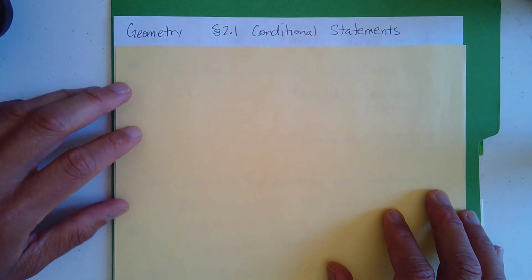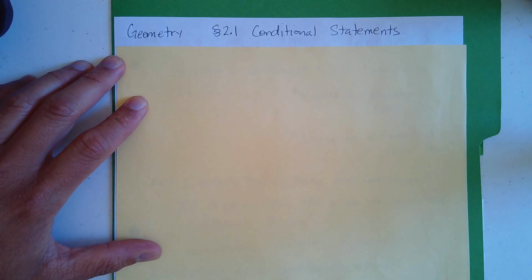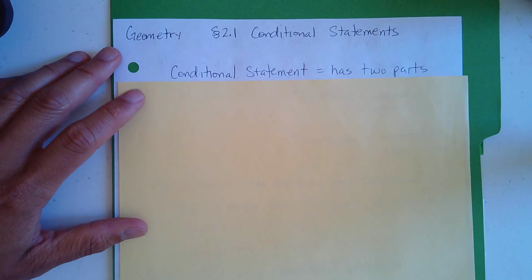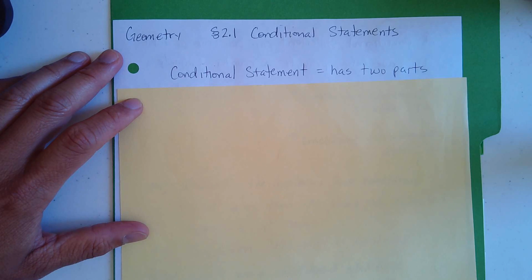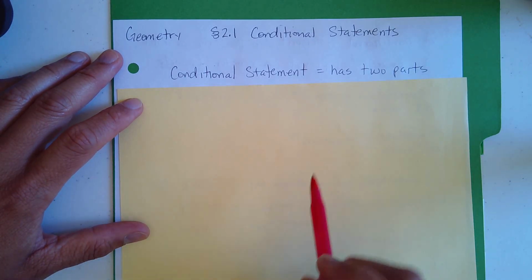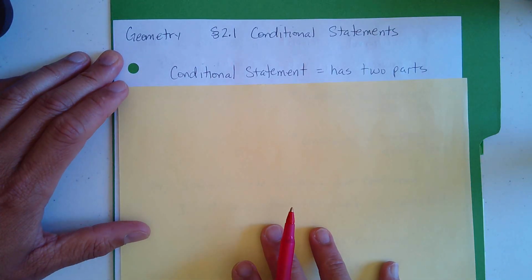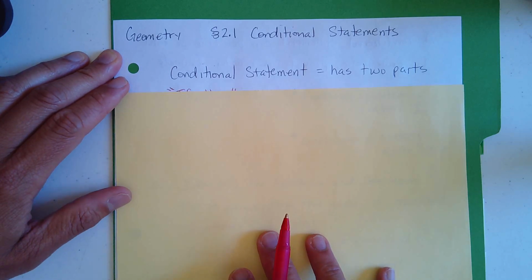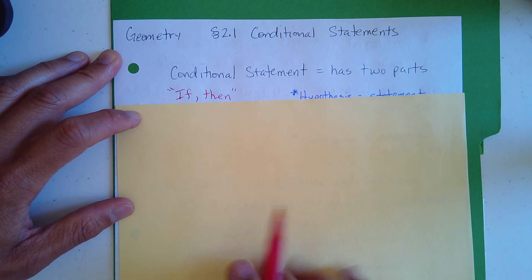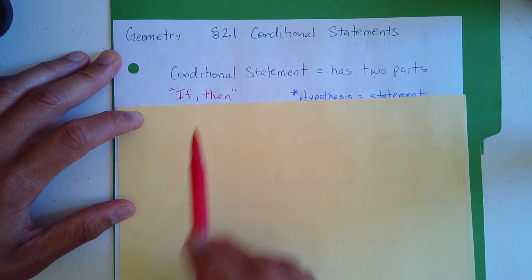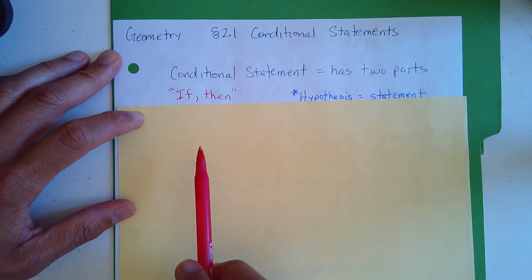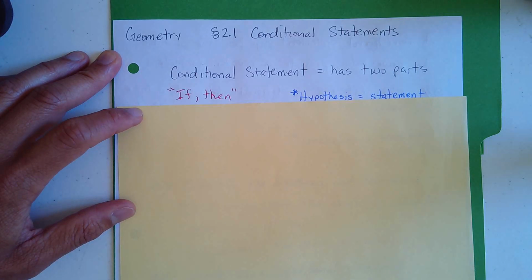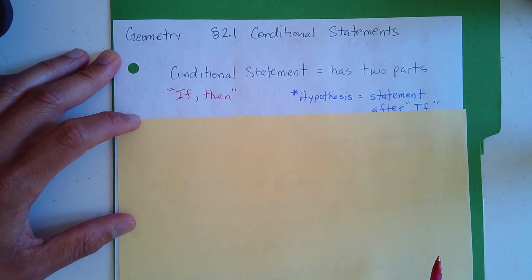Hello students, today we're going to learn section 2.1, conditional statements. Okay, a conditional statement has two parts. You have often seen a conditional statement, but you've never recognized it. So from now on, if you ever have an if-then in your statement, that is what you call a conditional statement. So the two parts of a conditional statement